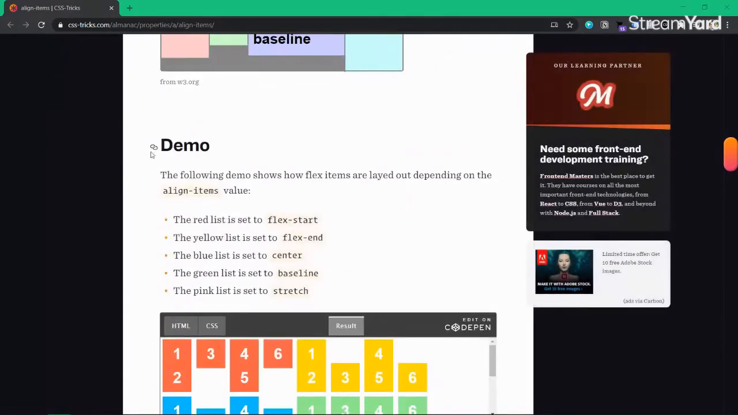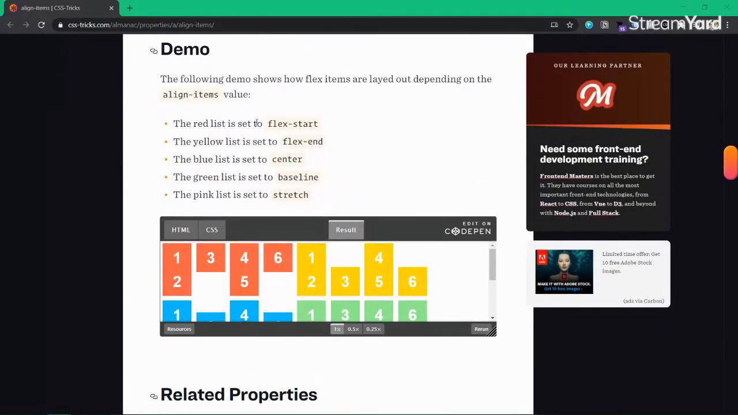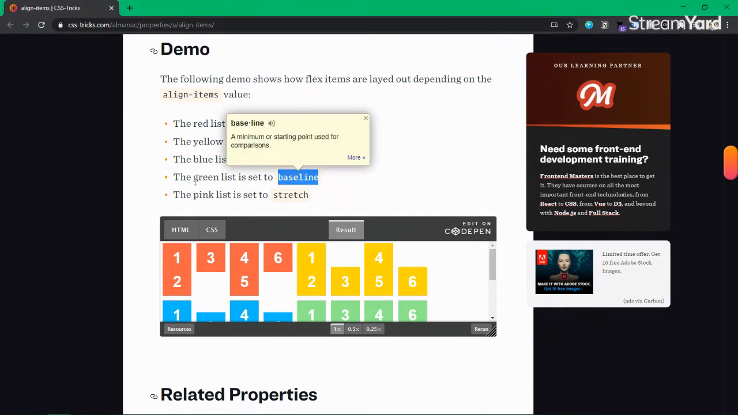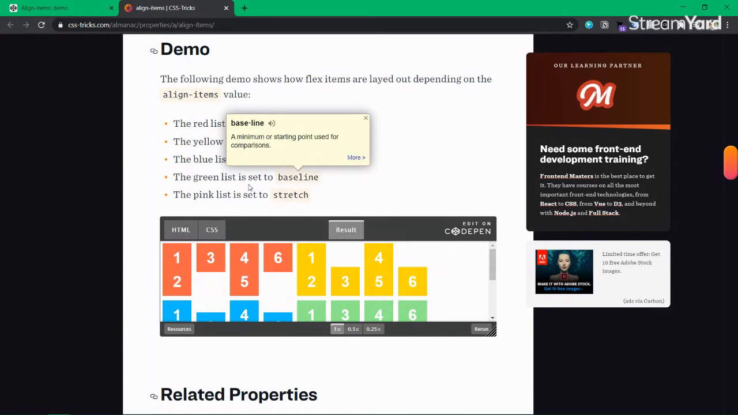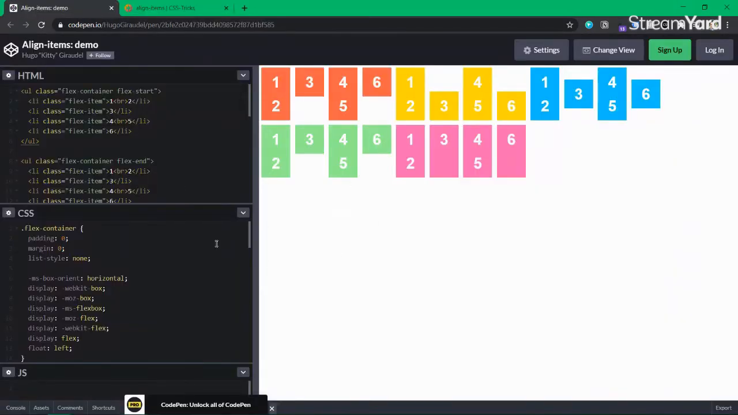Okay. And there is one demo right here. So the red list is flex start, yellow list is flex end. What we want is flex. We want to see green and pink. Okay, we want to see the green and pink. Where do you have the green and pink? So this is green and this is pink. So green is baseline. So everything is aligned to have the same baseline, and stretch says everything has to start from the beginning to